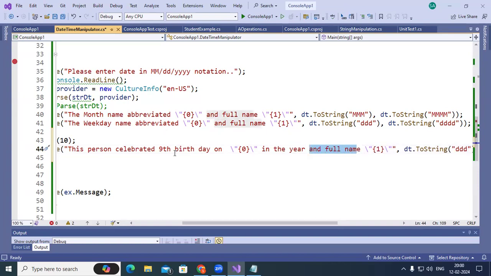We go with the next one, and here in this